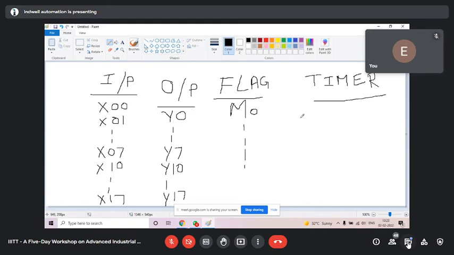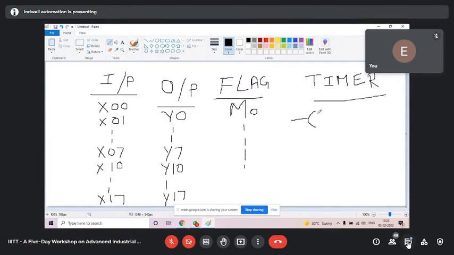In Mitsubishi, it will not come in a box, a ready-made block. It will come in a coil. So you will have to take a coil like you take for output. Very good, you answered correctly. So you have to take a coil, the same coil that you take for output.